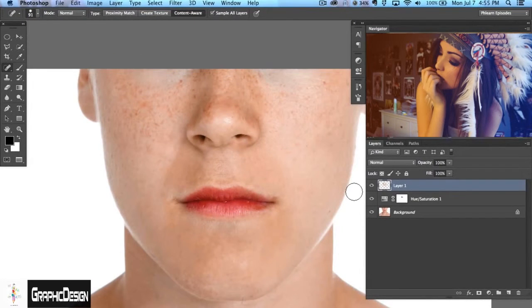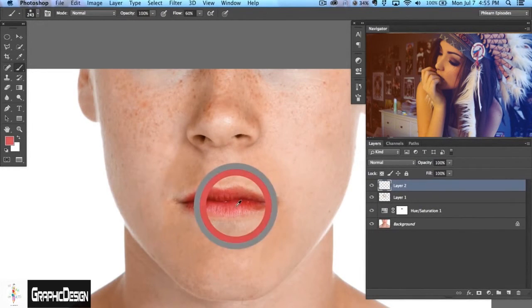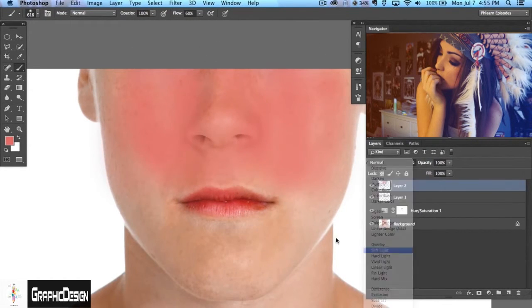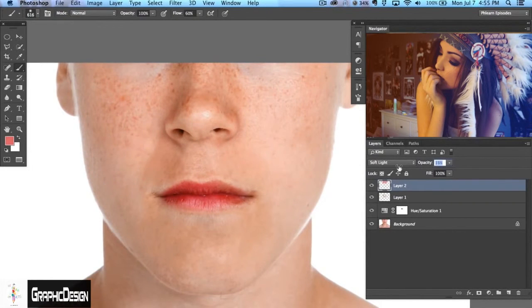We're going to add a little bit more redness back to the skin just to help it look a little bit more natural or like it did before. So we're going to make a new layer. I'm going to grab my brush tool. I'm going to grab this color that's in our lips already, and I'm just going to paint right here over top of our face. Change this from normal down to something like soft light, and then we can just bring it way down. And that's just going to help add a little bit more color. Again, that's not a totally necessary step, but generally